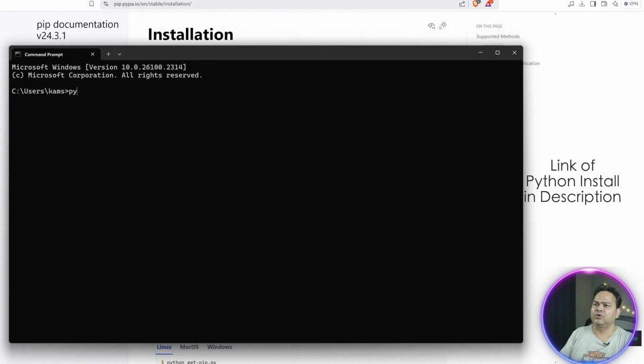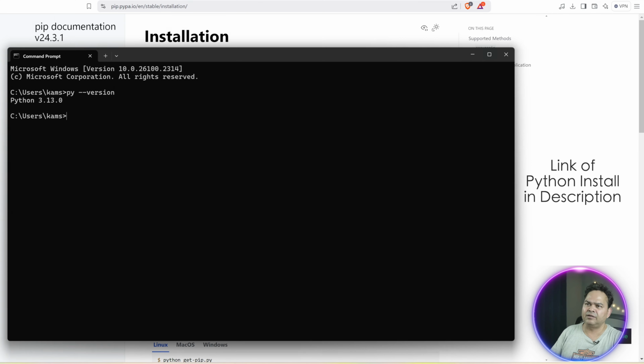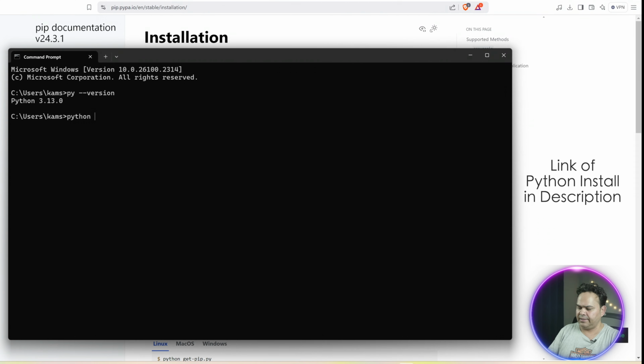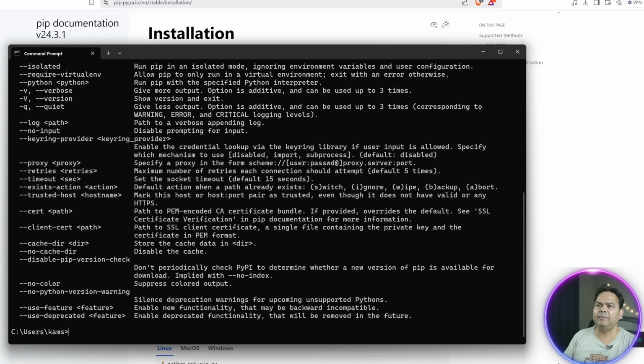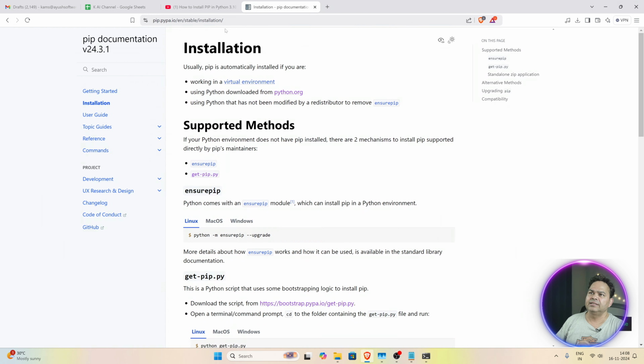Here you can check the version of Python either by this command or by this command. You can also check with the command pip help to see if pip is installed on your machine. When you say pip help, you should get this list of all the options available. If it is saying that this is not available or command not found, then you need to come to this